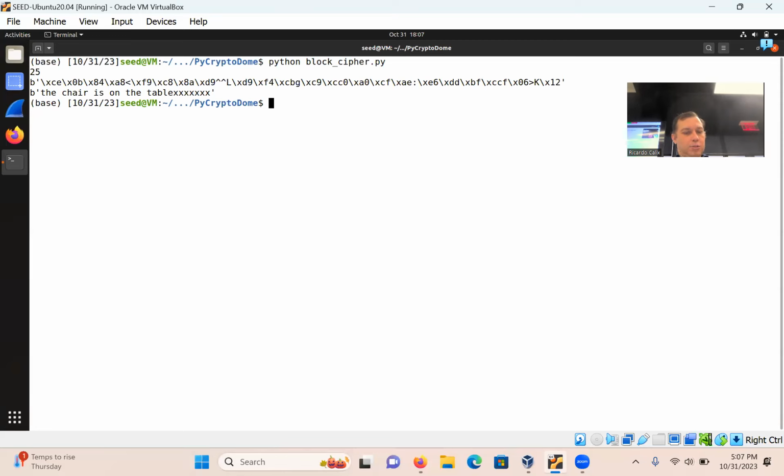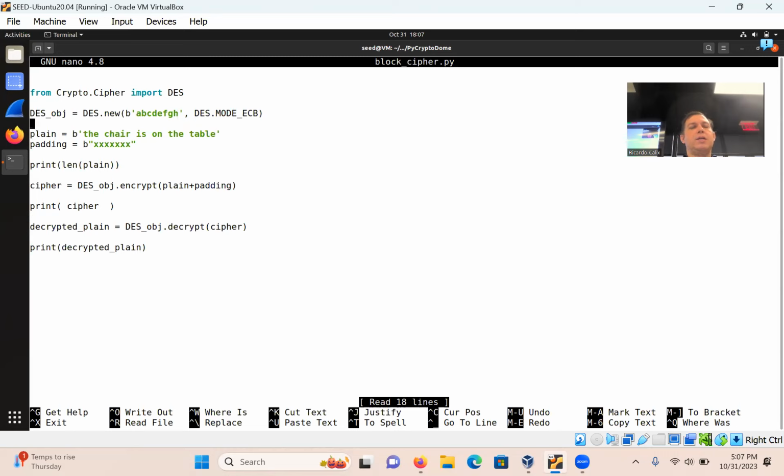We could have also created, because the key is something that you're going to move around, right? It's a thing that we would have to share. We know the key is this A, B, C, D, E, F, G. We know how to save that with pickle dump, right? So what I would recommend is having this in a variable and then saving it with pickle dump, loading it with pickle load. But we can create another object with the same key and it should give us pretty much the same. So let's say,